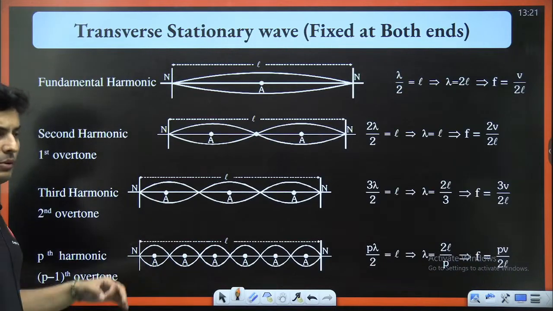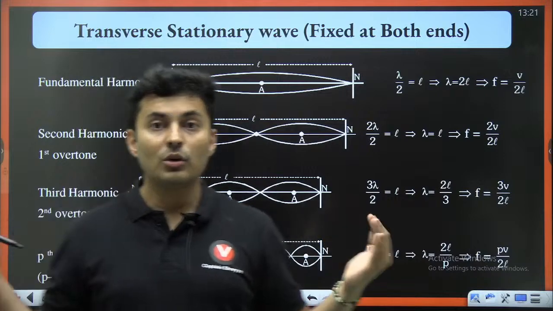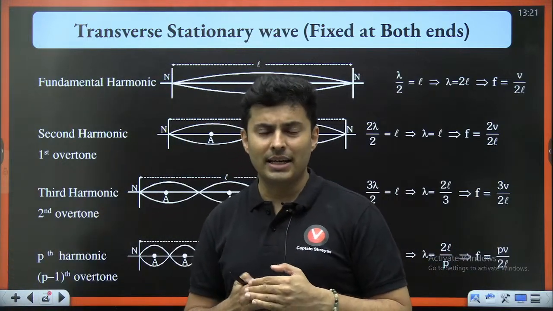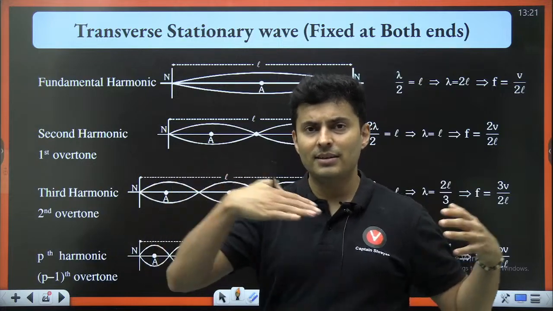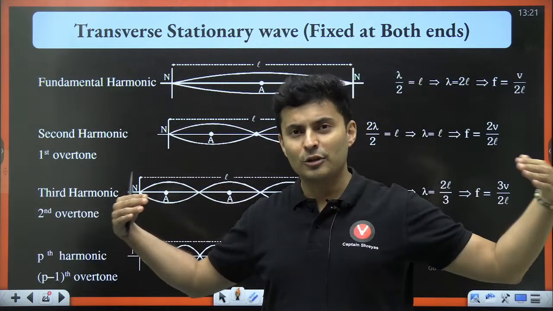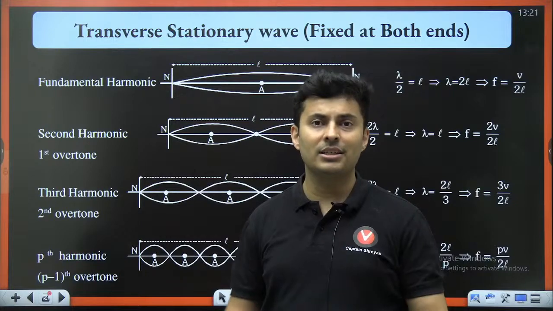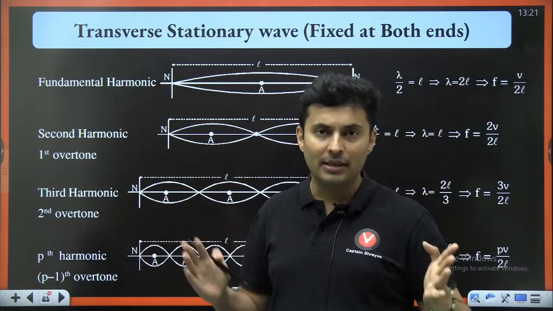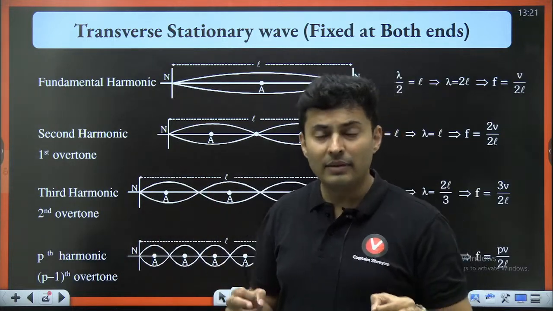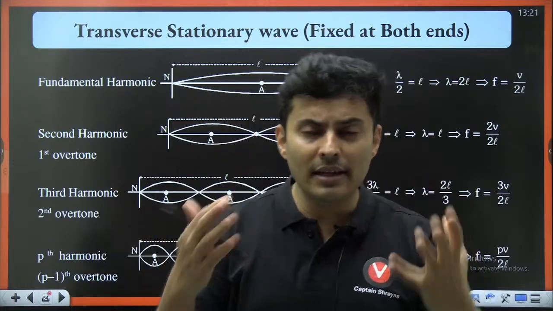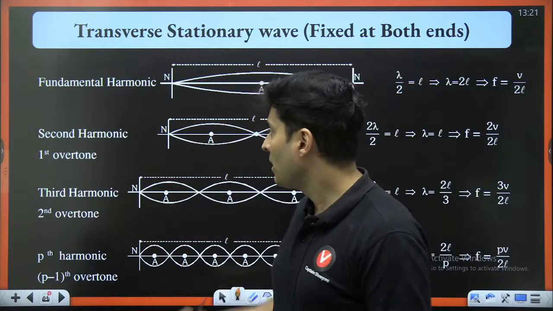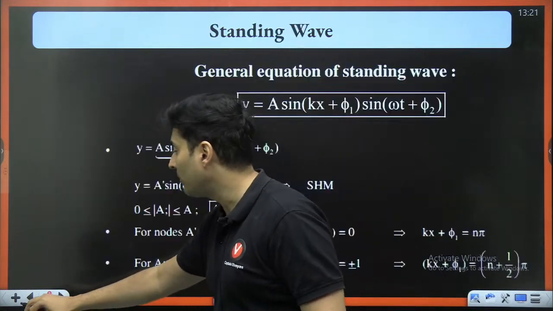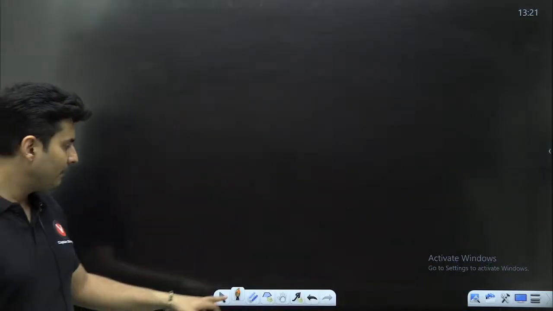Now, whenever you want to produce standing waves, you need two waves going in opposite directions. The best way to get it is via reflection. You send a wave, let it reflect, and it is coming back. So now you have two waves going in the opposite direction. Thus, you get a standing wave. Now, this standing wave again has three sub cases depending on how those reflections are happening. Say, for example,